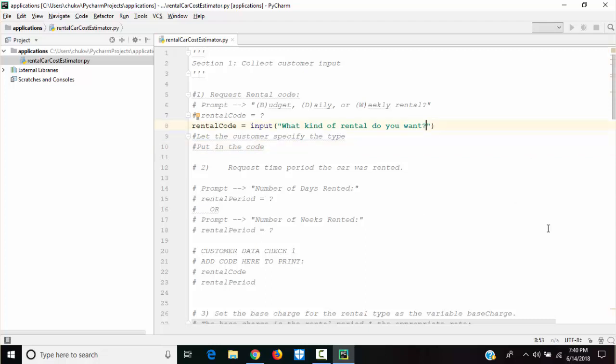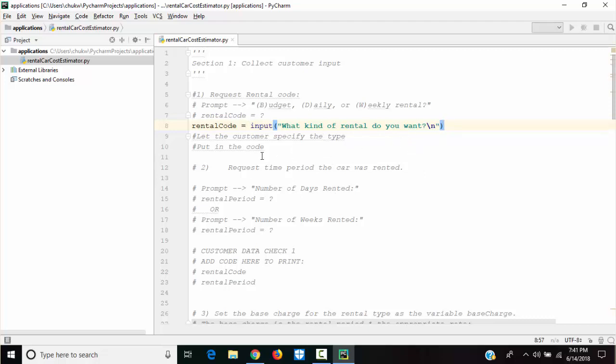And I want this on a new line, so I will put \n. We talked about escape characters, we talked about escaping in the previous video.